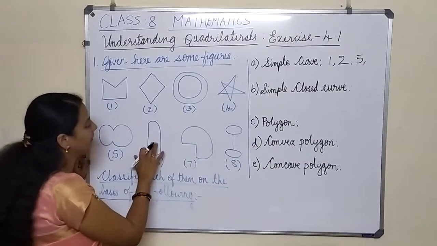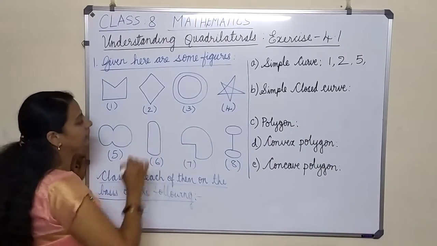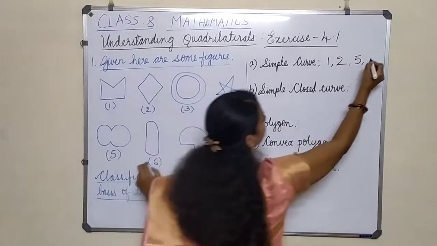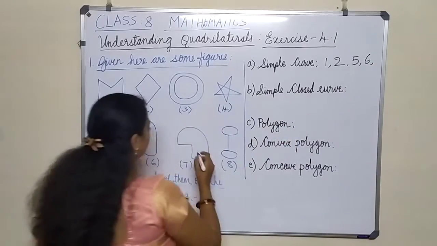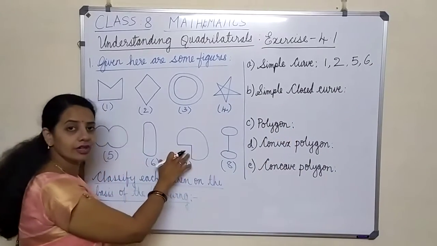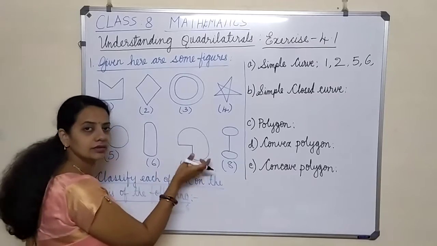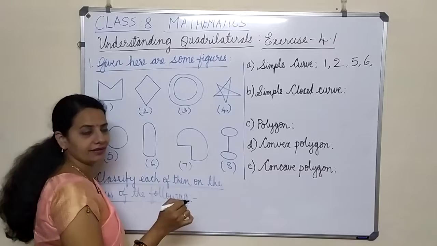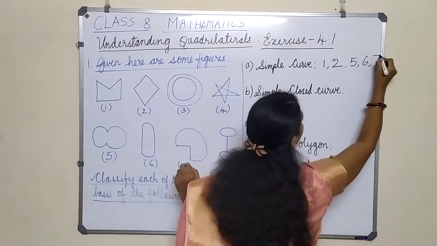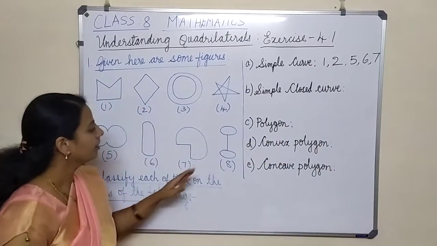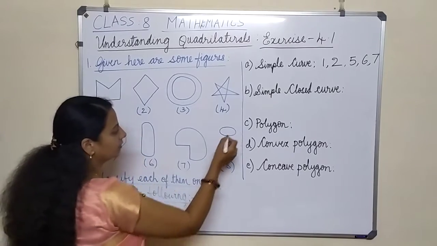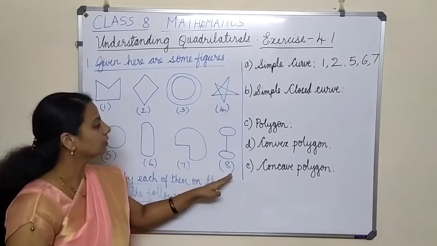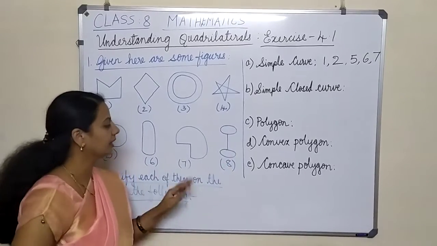Now examine the 6th one. It looks like some cylinder. So this is also a simple curve. So now the 7th one, this is an example for a concave curve, okay. So this also we can draw easily, right? So this is also an example for simple curve. What about this one, the 8th one? The 8th one, we have to draw 2 circles and join them with the line. So this is not simple, this is complicated.